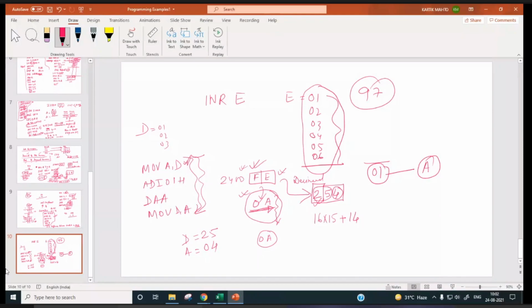So our result has to be 0254, right? Like this. So how to pack this data in this form?